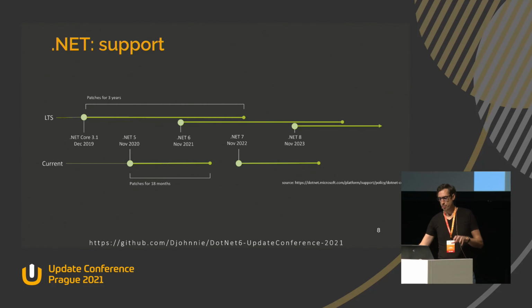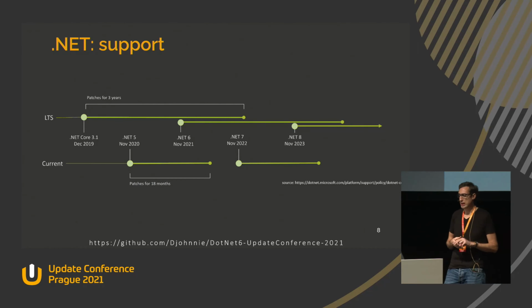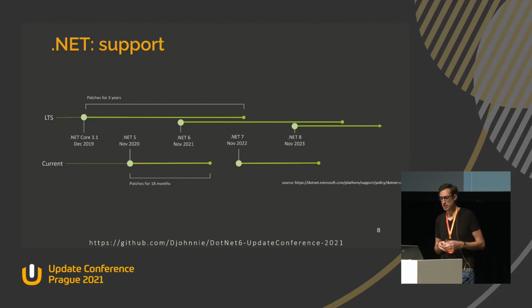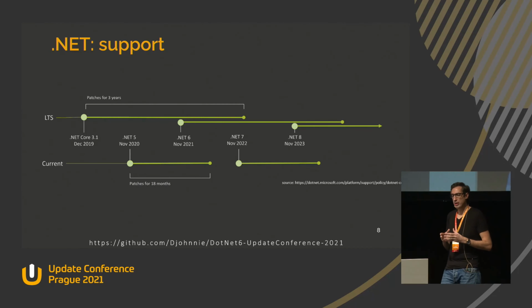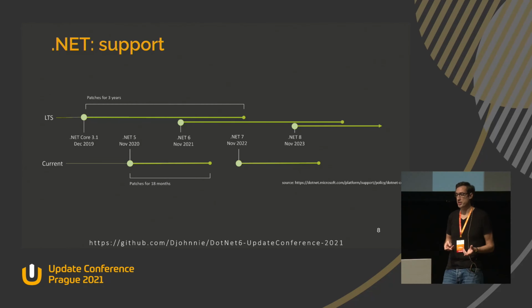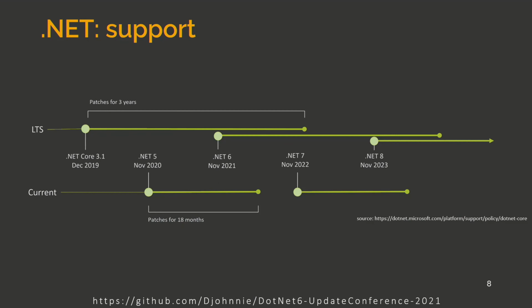Now, what does the support cycle of the .NET platform look like? Well, there are going to be 2 separate releases. There's the long-term support release, and there's the other releases. Basically, the .NET platform will release every year, and then every even year, there will be a normal version, and every odd year, there will be a long-term support version. So last year, we had version 5 in 2020, which was an even year, which is a version that will only be supported for 18 months, and after 18 months, the support will stop.